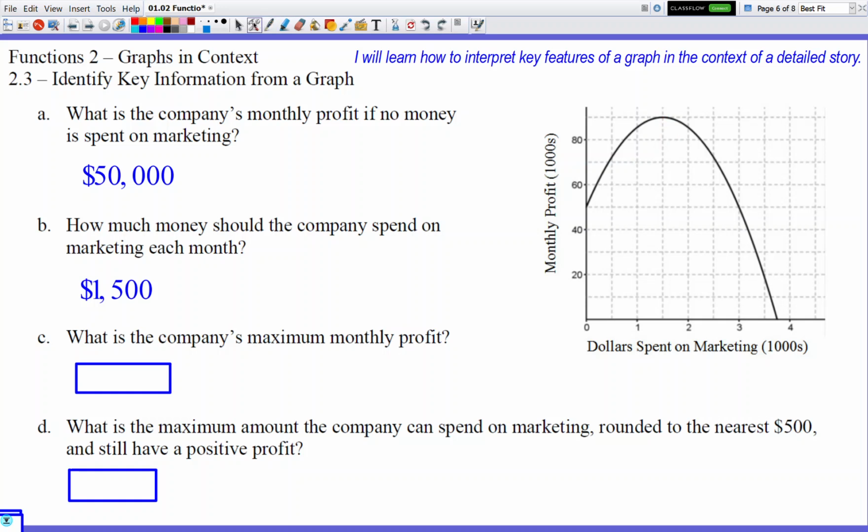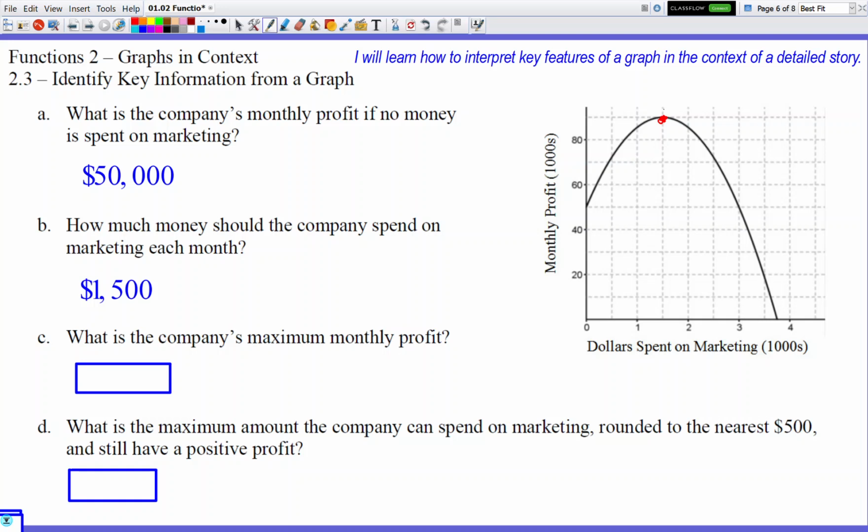Okay, all right, so let's look at letter C. What is the company's maximum profit? Oh, I always erase the dot and I have to use it again in the very next question. So let me just draw that dot back again. So what is the amount of money I make when I hit that dot that's way up there on the top? Let's see. It's right above the 80. It's one box higher than 80, so I can assume it's